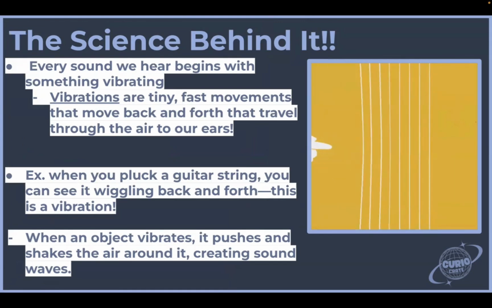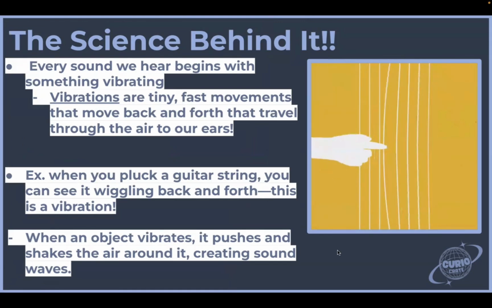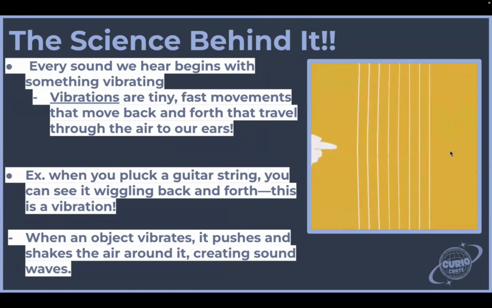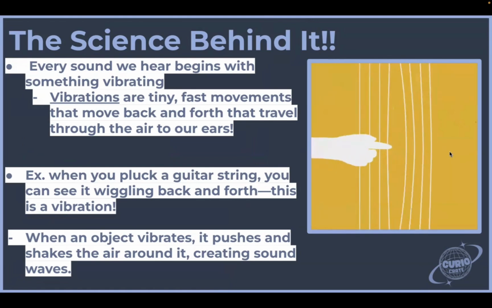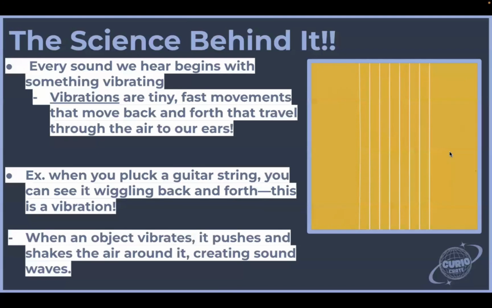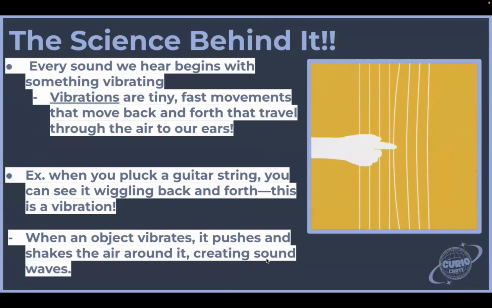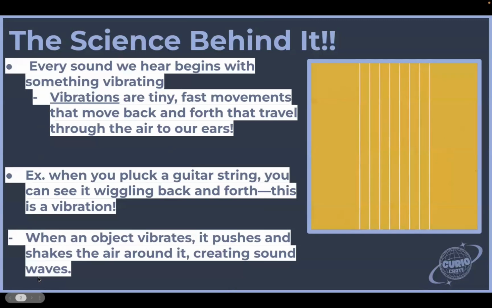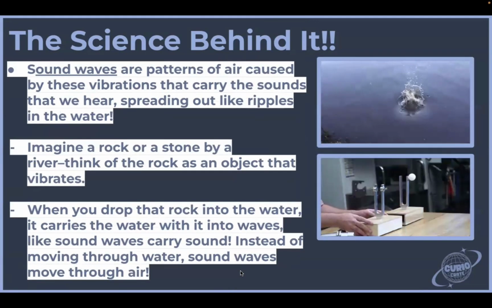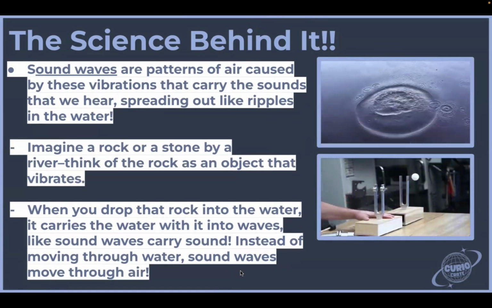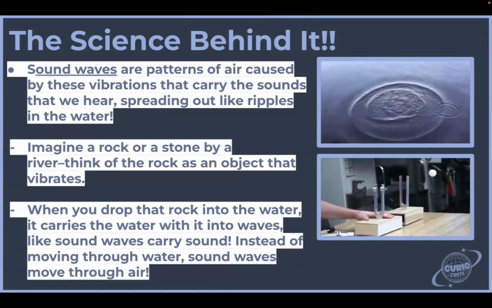So here's an example. When you pluck a guitar string, like shown here, you can see it wiggling back and forth. This is a vibration. When an object vibrates, it pushes and shakes the air around it, creating what we call sound waves. Sound waves are patterns of air caused by these vibrations that carry the sounds that we hear, spreading out like